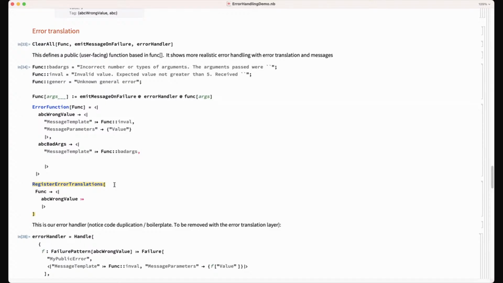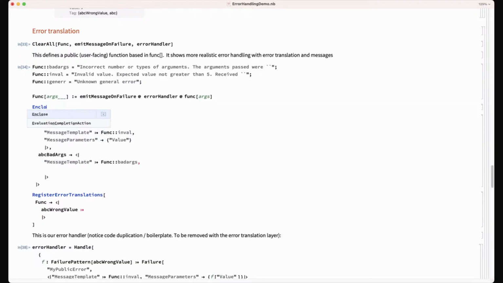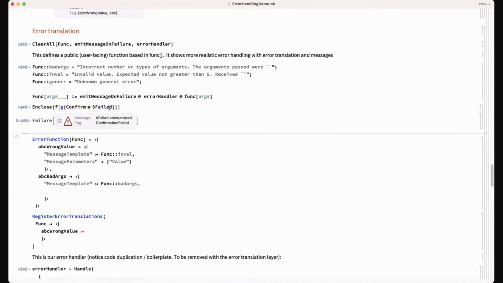In confirm and enclose, it's somewhat different. You wrap enclose around the code where you use confirm inside, but enclose is not allowed to pass things through. So if you do enclose of f of g of confirm $failed, then you will catch all these confirms, and unless you use the tags, the third argument of confirm, enclose will basically catch it all.